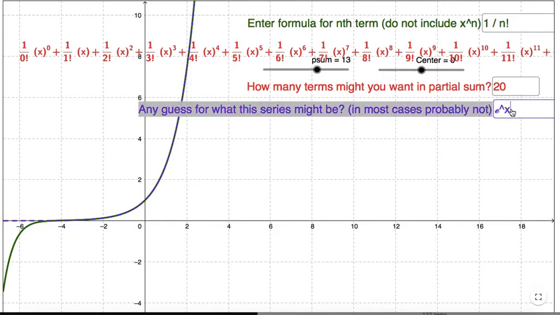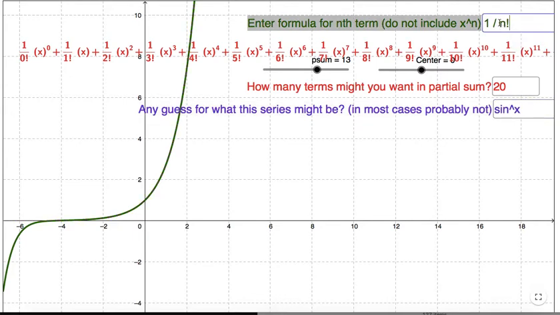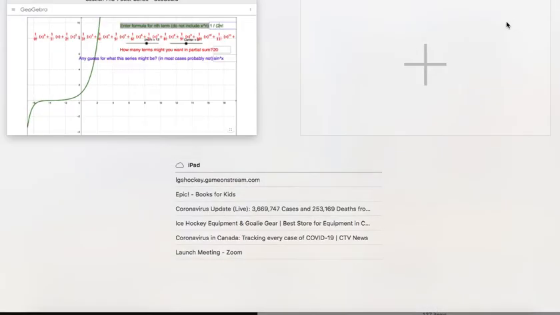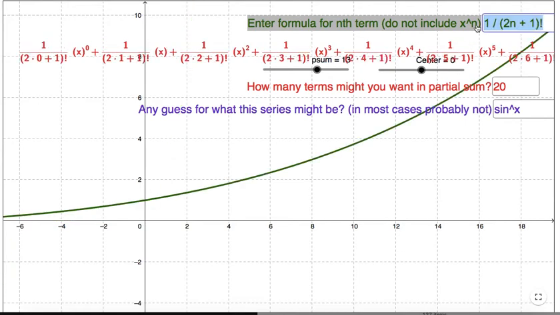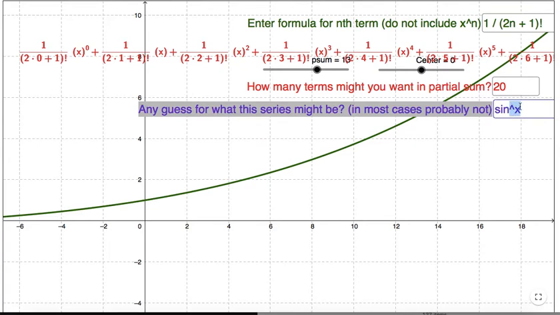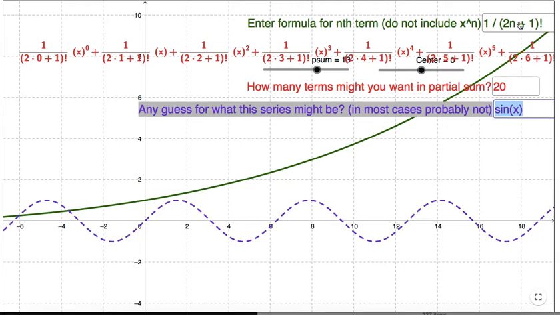Okay, so we can take a look at also sine x. Okay, and we can take a look at that as well. The sine x, the coefficient is going to be 2 bracket 2n plus 1 factorial. Okay, so if I generate that, this is not a sine x, this is sine x. Okay, so there's my sine x function. Okay, I think I got the wrong